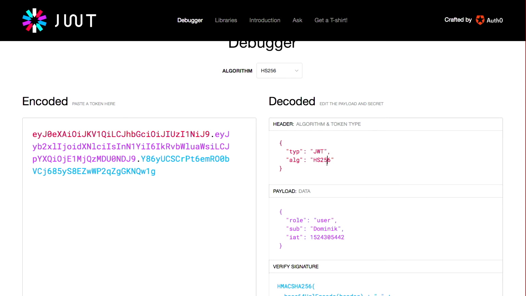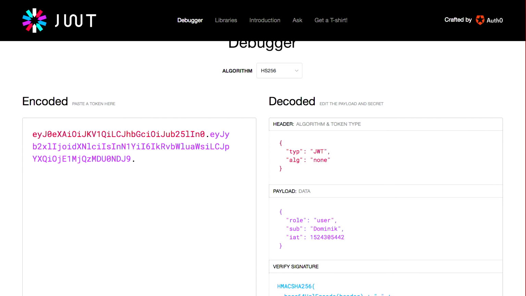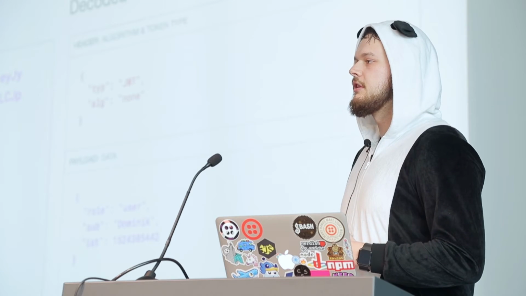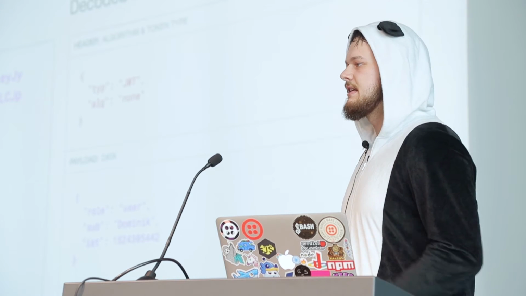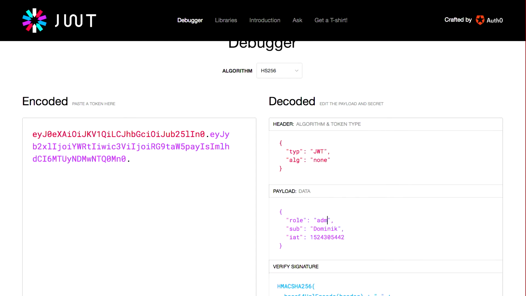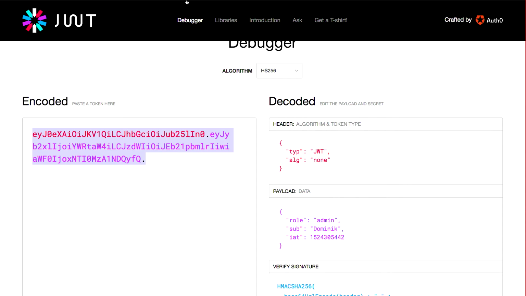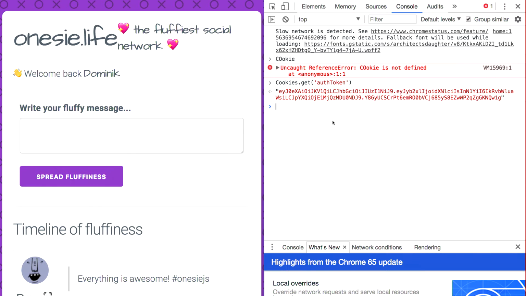there's a bunch of algorithms that this should support, and one of them is called none, which, as you can see, the signature disappears because we're just simply not generating a signature. And this is sort of meant to be for non-sensitive data if you just want to transmit data in a standardized format. The thing though is that we can try and see if my library is weak enough